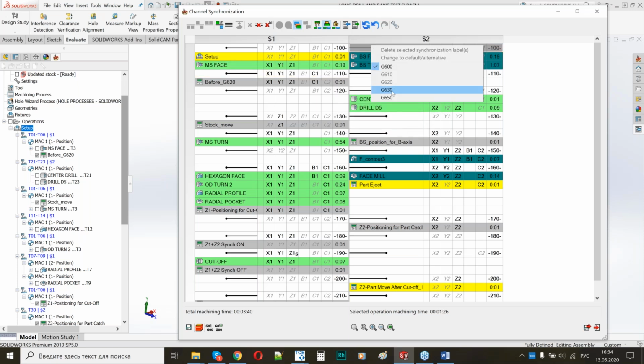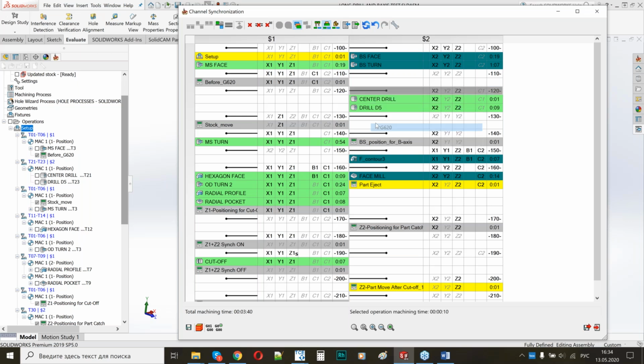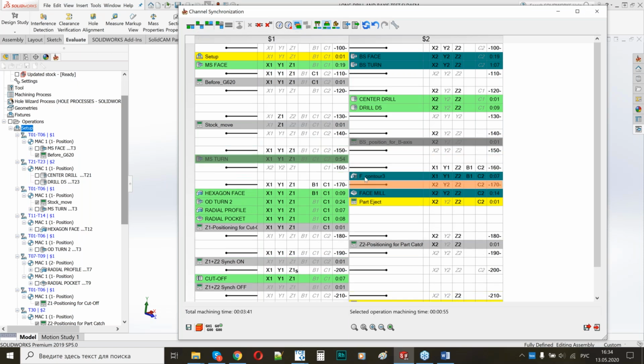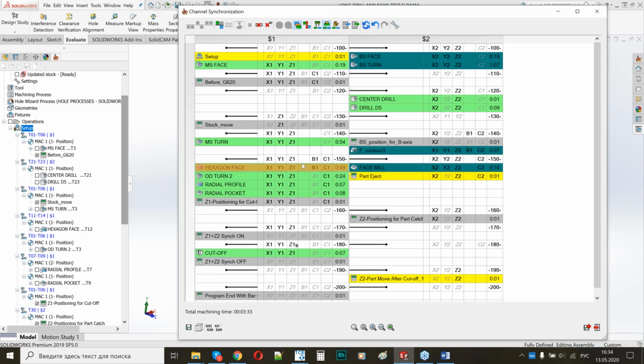I will need a G630 access button here. This access button should be G600. For, as I said, the long drilling, I will use G620, G600 again. Okay, I don't need the turning operation together with the axis positioning. I would like to put them, for example, like this. I don't like it. Okay, I will put my